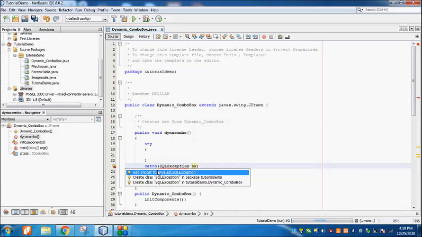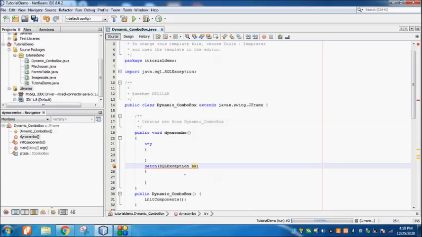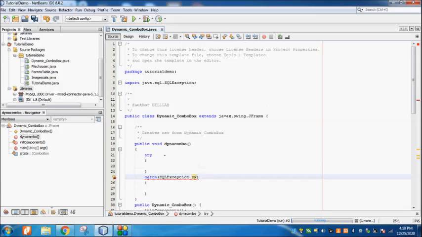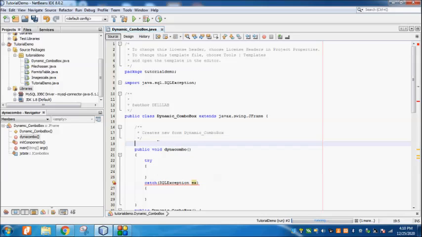Now I have to import the exception package, java.sql.SQLException. After doing that, whatever variables are required, I'll define those variables as global variables. My first variable is Connection.